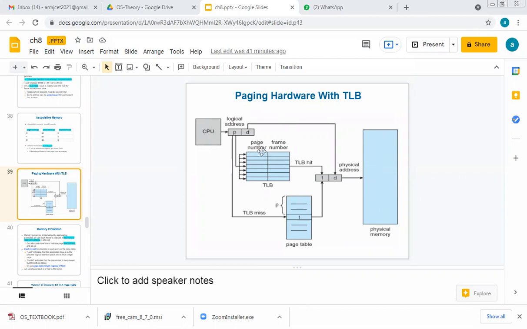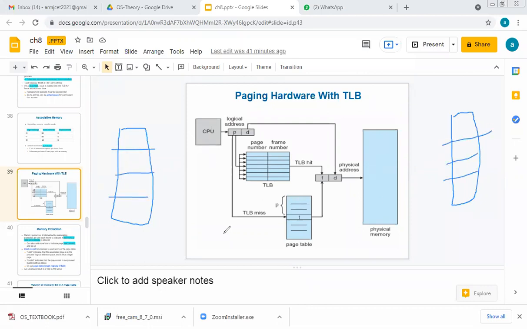And one more point of justification is why the page numbers and frame numbers are used. Yesterday I explained the difference between page number and frame number. Here, on the left side I am drawing page numbers. How many pages are there? The same number of frames should be there. The only difference is the pages are present in the logical address space.